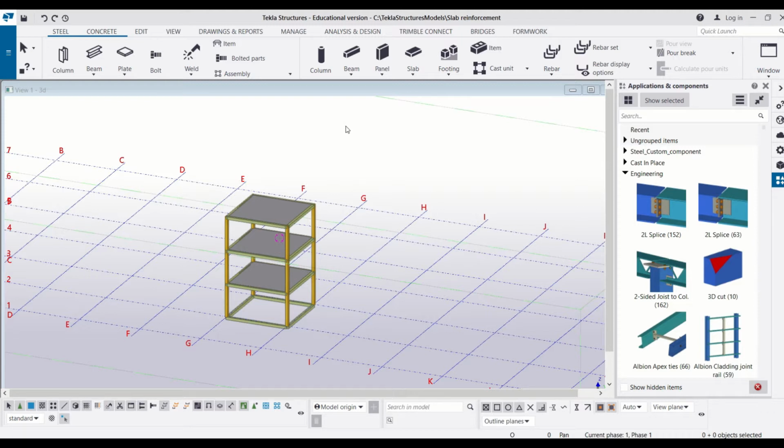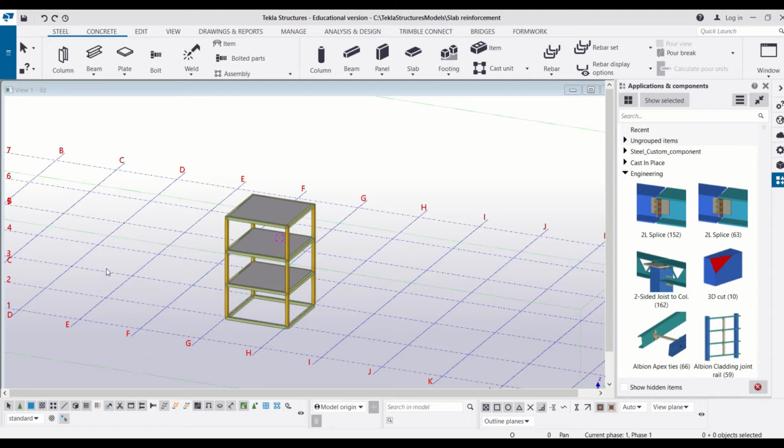Now, let's come to today's video. Today we are going to learn how you can change the user interface according to your requirement. So we will discuss three basic things. First, we will learn how you can change font size in the ribbon, and then we will learn how you can change the icons of toolbar. Second, we will learn how to hide or unhide these icons. And third, we will learn how you can change the view angles of your model.